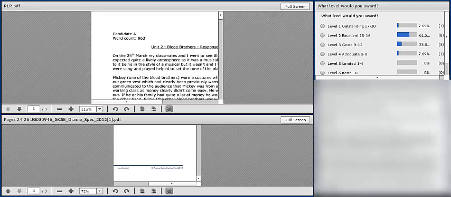Okay, once again, we've got evidence of subject-specific language in this response. So good teaching there. The students have been supported well. The candidate mentions the tone of the play, a good contextual note, evidence of the role of costume in the performance, its significance and what it communicates to the audience, with some excellent observations in this section on the deconstruction of